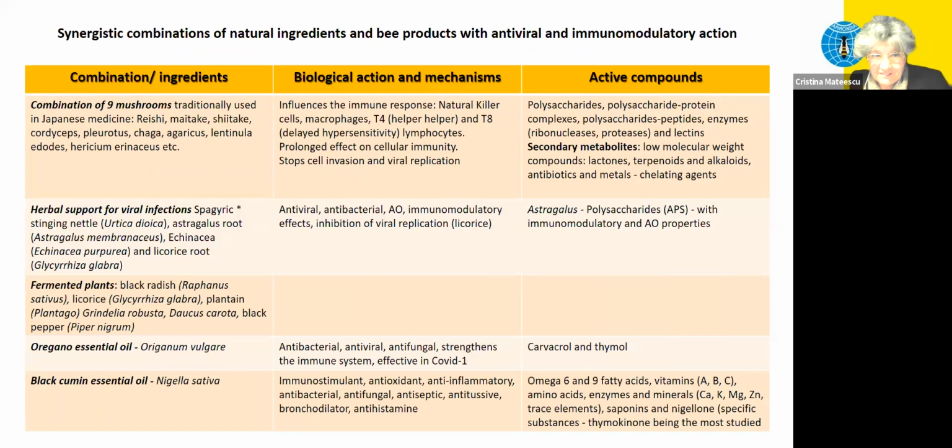Some combinations of ingredients, and their biological action mechanisms with their active compounds, can also have good results in association with the bee products. I will introduce the main compounds in a well-known product in Romania that has been developed by Dr. Moraru, and which really has been used by a lot of our colleagues in Romania who are practicing apitherapy. And this is an important combination of 9 mushrooms traditionally used in Japanese medicine that influence the immune response,